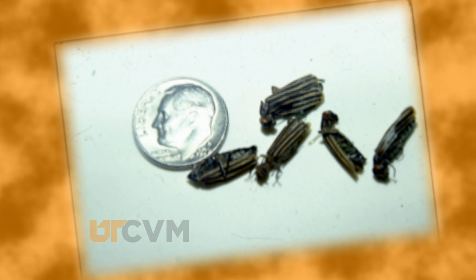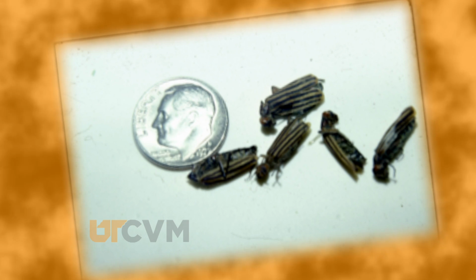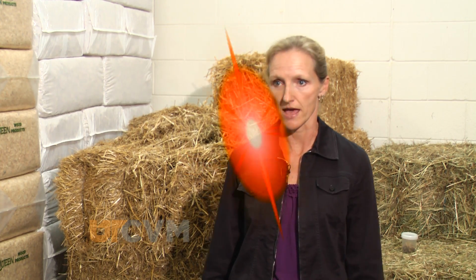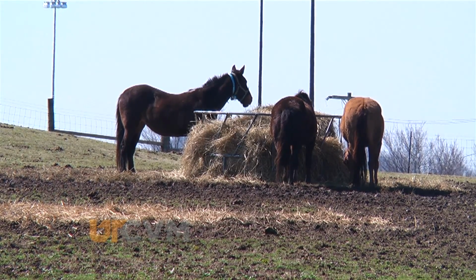So blister beetles are a beetle that infests or nests in alfalfa hay, and they are more prevalent in the western part of the United States, sort of west of the Mississippi, Midwest too, but anywhere that alfalfa hay is grown, there is a potential that they could come and nest in the growing hay. That is just their preferential source of food and nesting material is in alfalfa hay. And it could also be in a mixed field where you're growing alfalfa and grass hay and baling it for